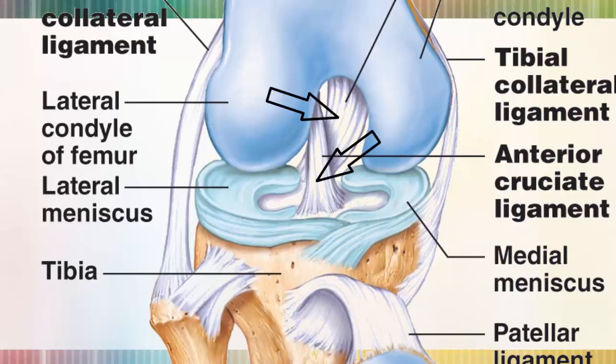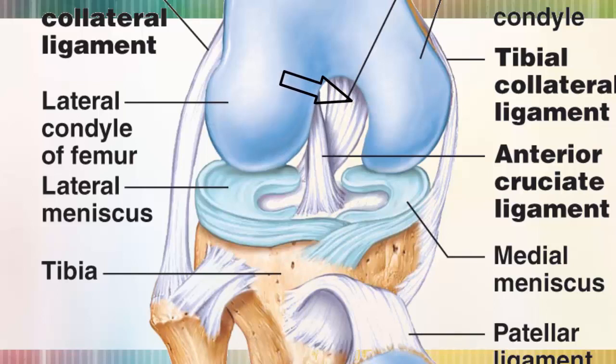Lastly, we have the two cruciate ligaments. Now these ligaments are named according to where they attach on the tibia. The anterior cruciate ligament attaches on the anterior aspect of the tibia and traverses superiorly and somewhat laterally to attach to the lateral condyle of the femur. The posterior cruciate attaches to the posterior aspect of the tibia, traverses superiorly, somewhat medially, attached to the medial condyle